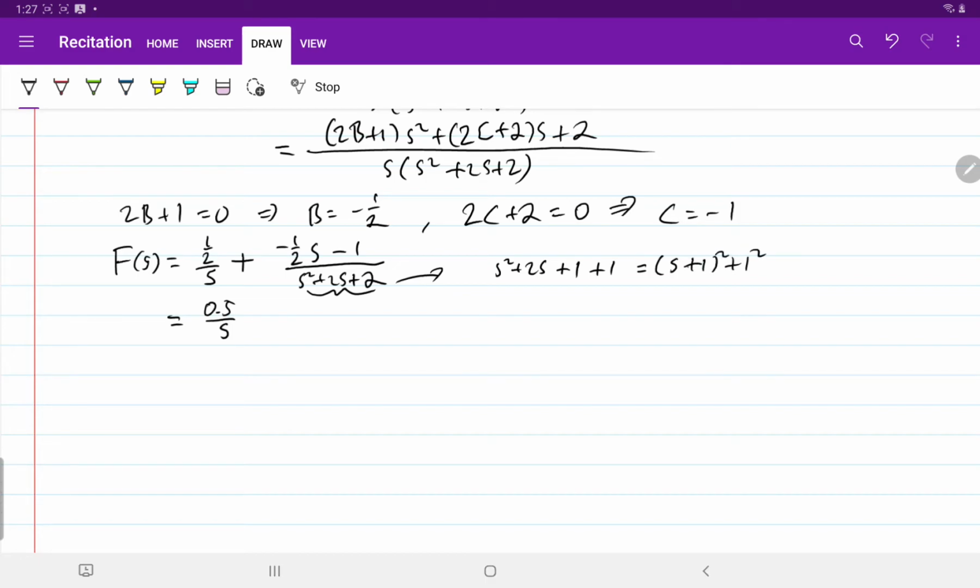Okay, so you can write it as 1 half, s plus 1 squared plus 1 squared, and then you have s, and this is minus 2 plus 2. Okay,